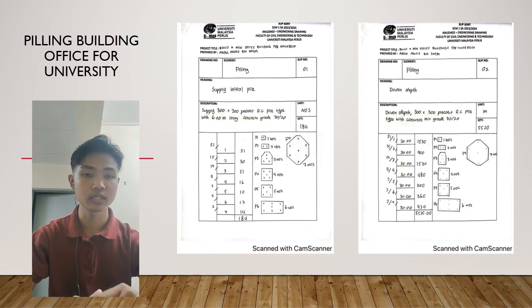For the second is driven deck. Moving on to the driven deck, the 300 multiply 300 precast RC pile will be driven to a depth of 5,520 meters. The concrete mix grade specified for this process is grade 13, ensuring the stability and strength required for